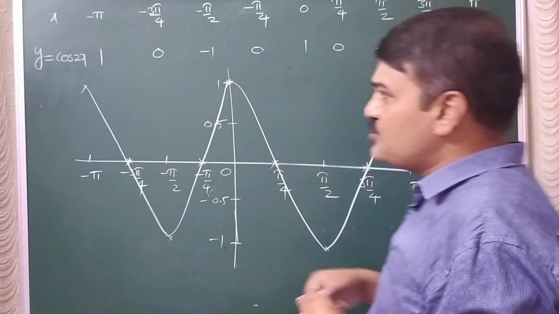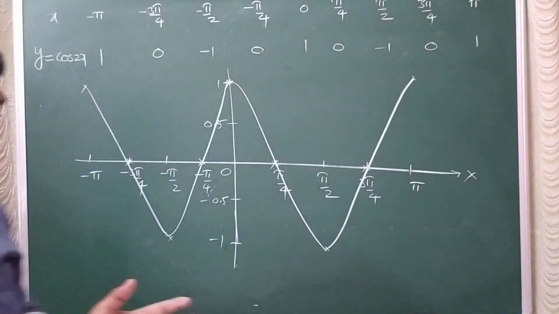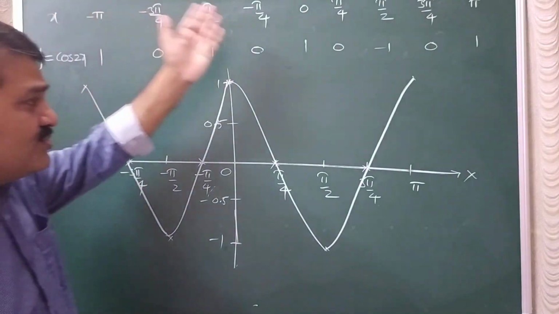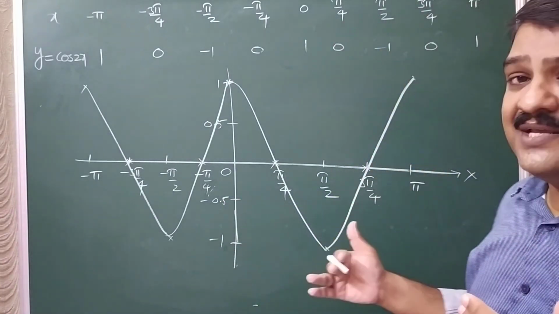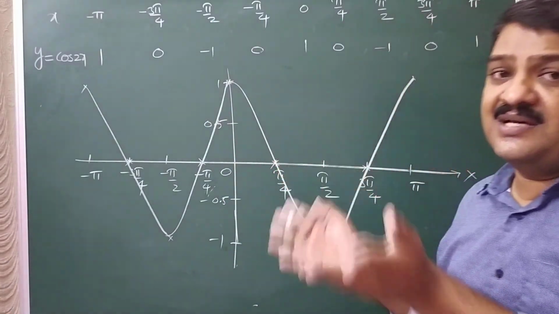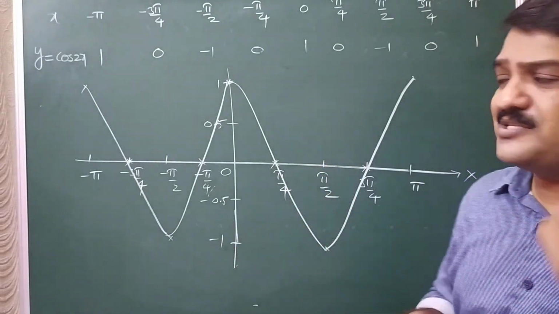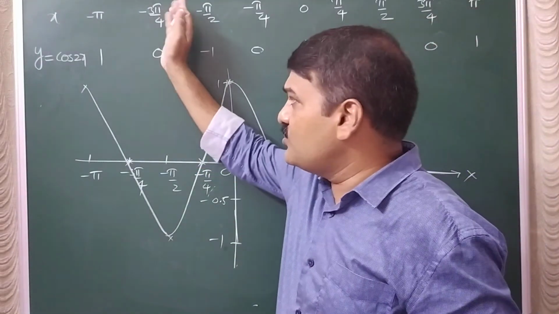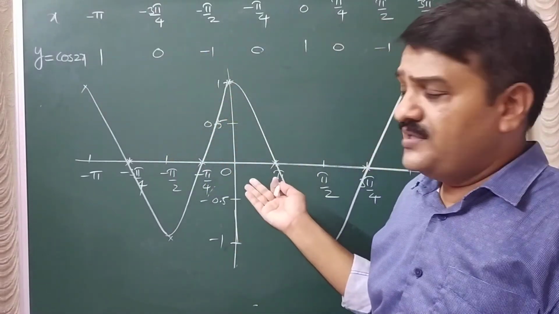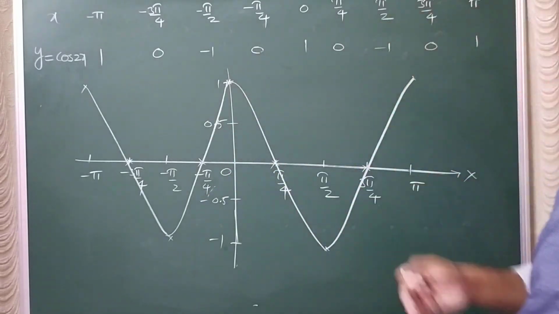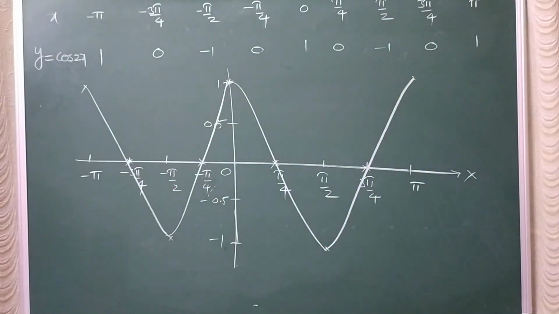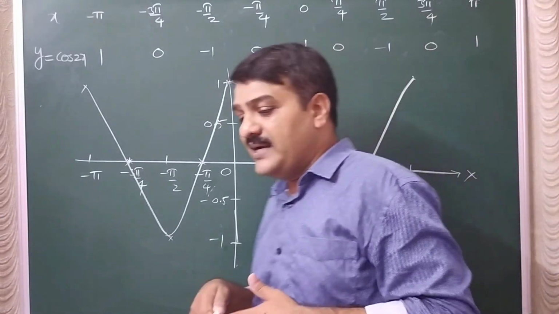So like this we can choose different functions. The only thing is you have to choose x values based on the interval which we are planning to draw the graph, between which values of x you are planning, that is important. So based on x values you will get y values, plot the points, join the points, and you will get the curve automatically. Whichever curve you want to draw, you can draw based on the interval which is given to us. So like this different graphs we can plan and draw.